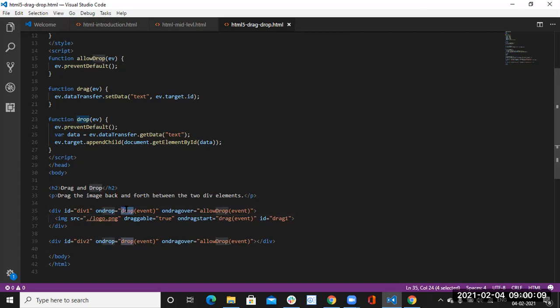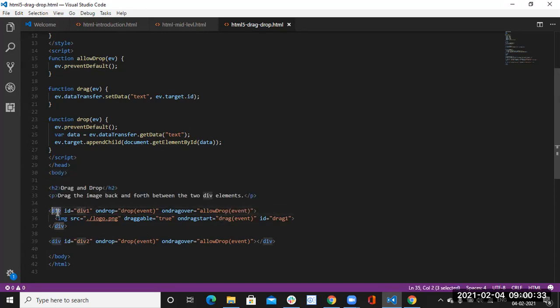Don't confuse it here. All these things I will tell you in the JavaScript events class, where I will cover ondrop, ondragover and ondragstart. These are the methods in JavaScript events, so don't concentrate on those now.